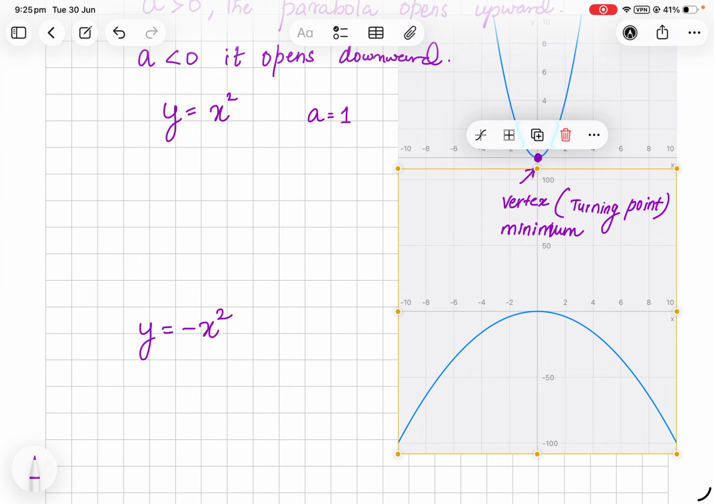Now what happens if y is equal to negative x squared? Now the curve has just opened downwards. And as you can see, this is again